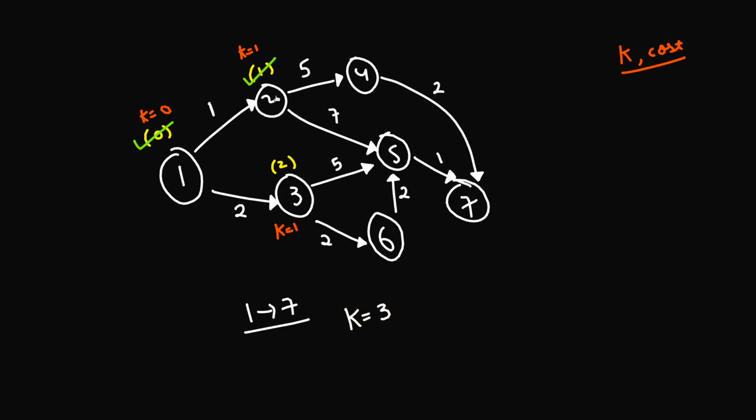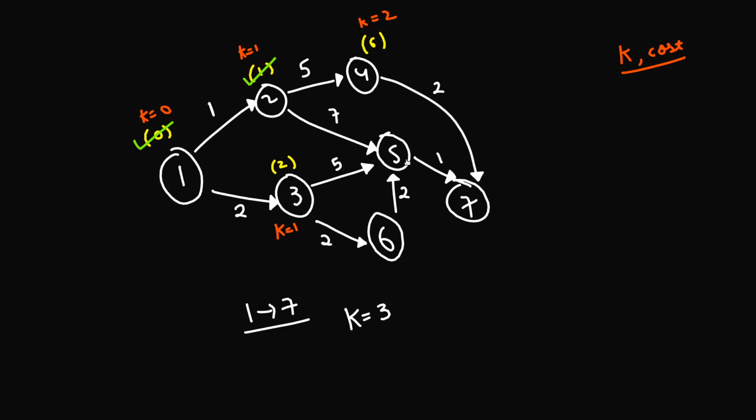So if I go from this city to this city, the first thing is what cost I incur, and the second is the value of k. The cost that I had at city 2 is 1, and 1 plus 5 is 6. So the cost that I'll incur while going to city 4 is 6, and the value of k will be k equals 2. Why? Because I had visited one extra city at this node, and if I go to another city, that's k equals 2. So this is k equals 0, this is k equals 1, this is k equals 2. K equals 2 means apart from the source city, I have 2 more cities that I have visited in the path. Okay, so this is one neighbor.